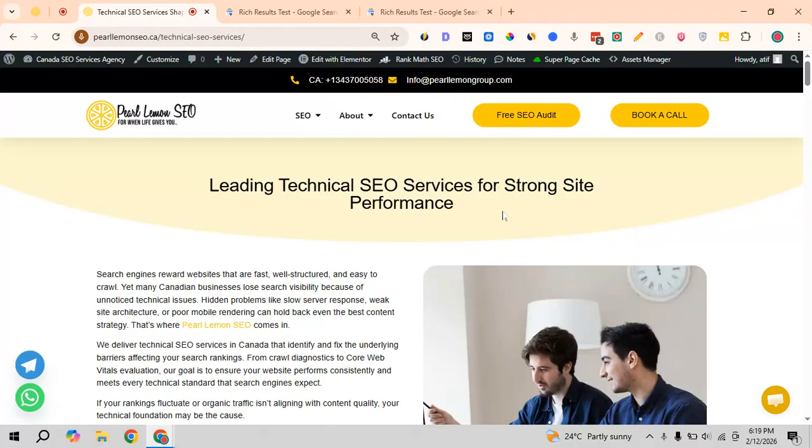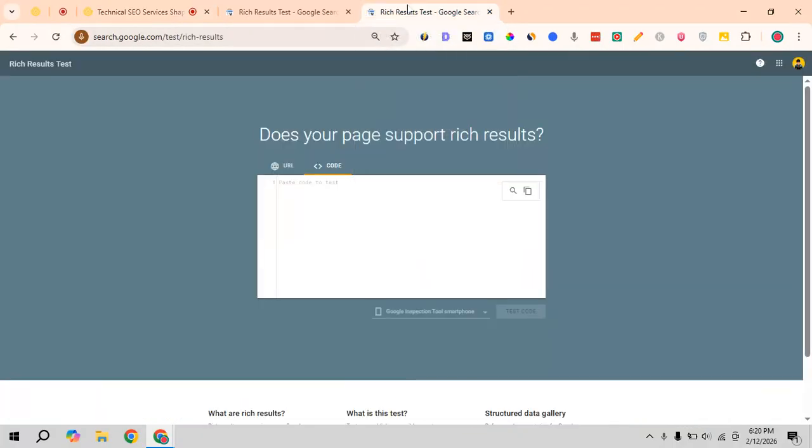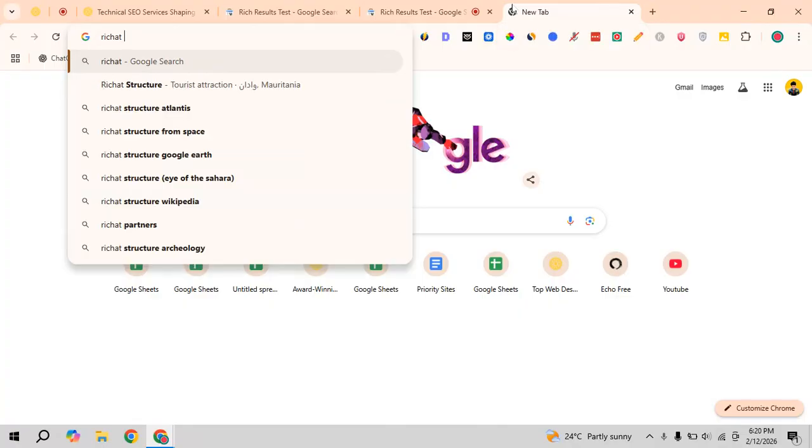Today we are gonna study how we can validate the schemas that we are adding on our websites, because adding the schemas without validating those may cause some issues in the GSE. So for that reason, the website I'm using to verify the schemas is this one. We can open that website from rich snippet